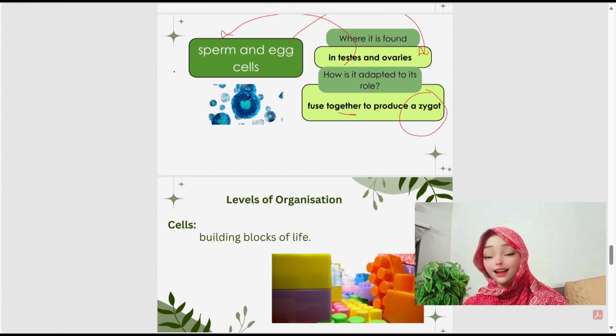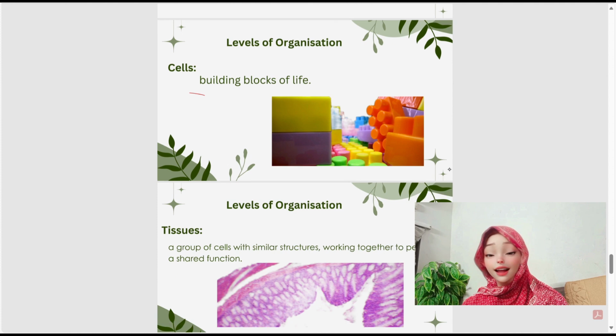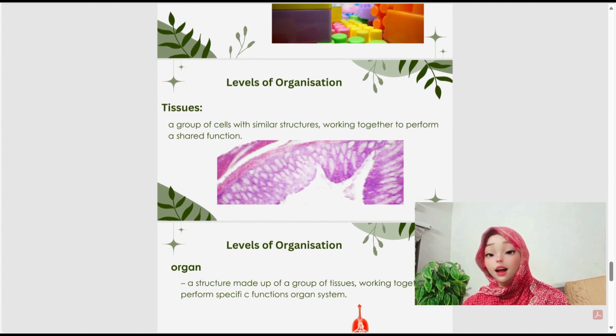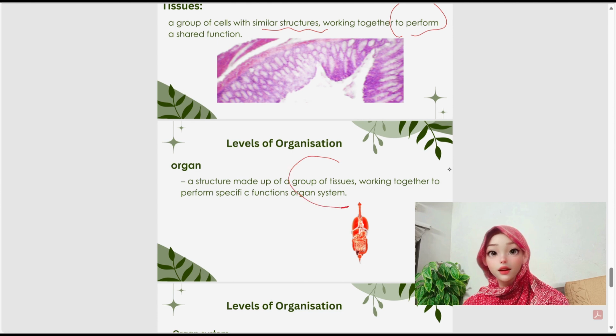Next, here are the levels of organization. Firstly, we all know that cells are the building blocks of life, and afterward these cells unite together with similar structures to perform a specific function. For instance, nervous tissue is responsible for transmitting information, and similarly groups of tissues unite together to form